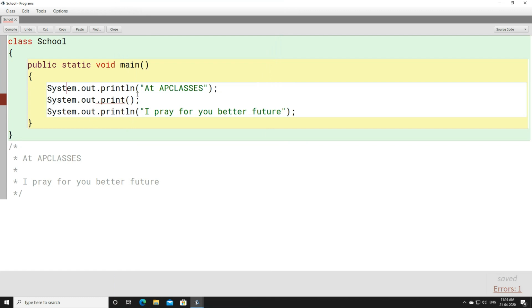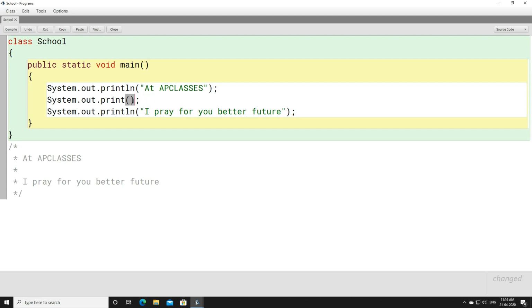So it's giving you a long set of errors. Remember, you cannot write a blank print statement here, but you can write println here. Although it is not printing anything, it is used to generate a new line. So it is doing some work. What is the work done by println? It is used to generate a new line.